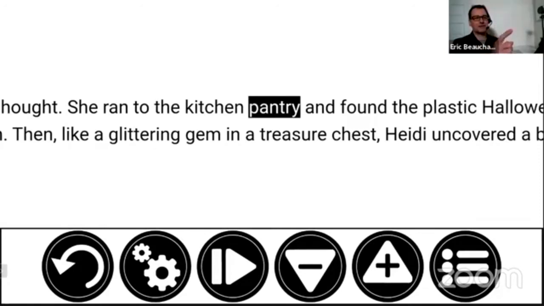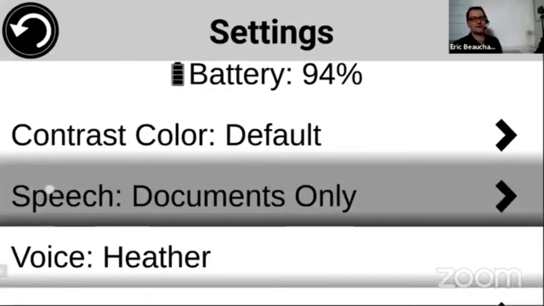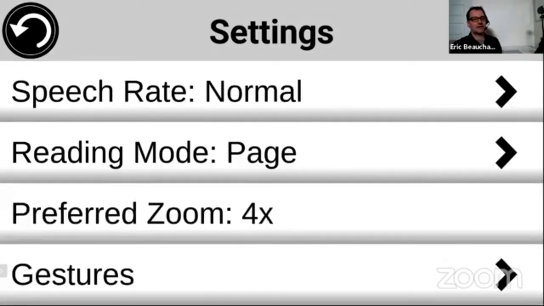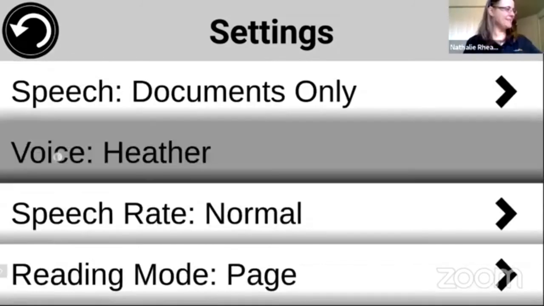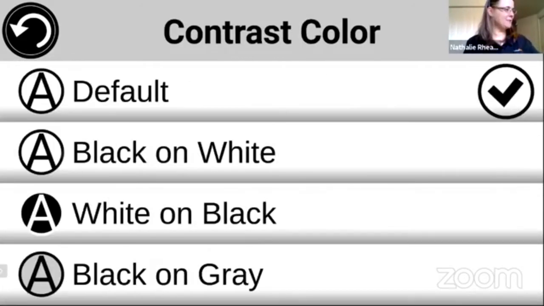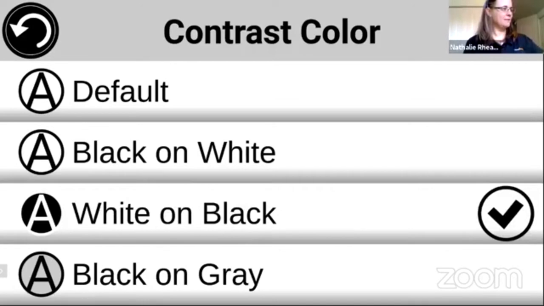I have one more question. Let's try to change colors. Let's try to put the font in white and the background in black. I'm guessing it's in the settings. Yes, so we went into settings, contrast. Perfect. So you want white on black? White on black. Yes,